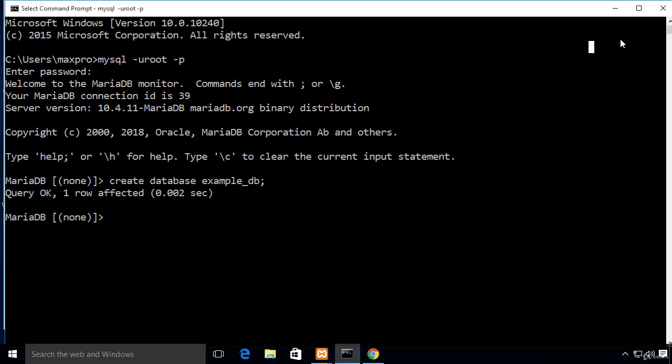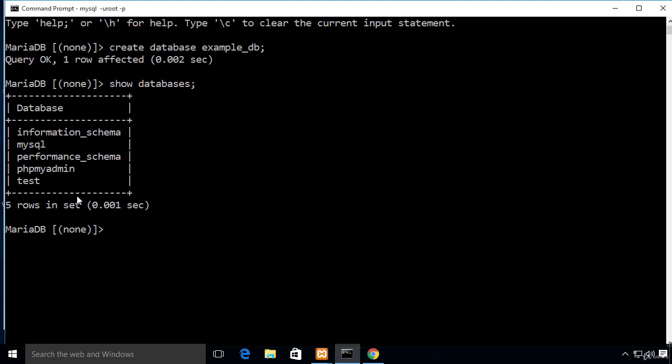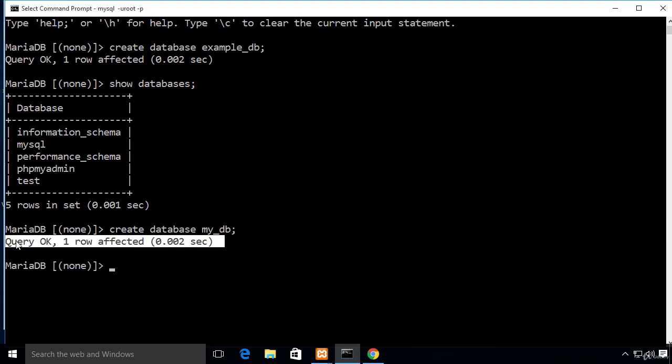So it's super simple to create a database with the shell here, with the command line for MySQL. Very simple. So I could type in show databases, right? We can do this. After you put a semicolon there, it's going to show you your databases. Okay? If I wanted to create a database, all I have to do is do create database and the name of the database. Let's just call this my underscore DB, semicolon, enter. And now you can see that it says query OK, one row affected. Now if I do show databases,